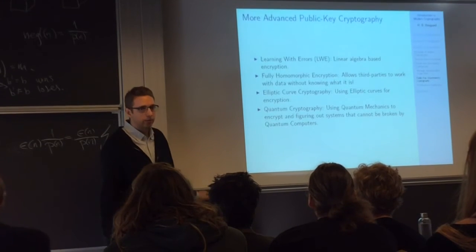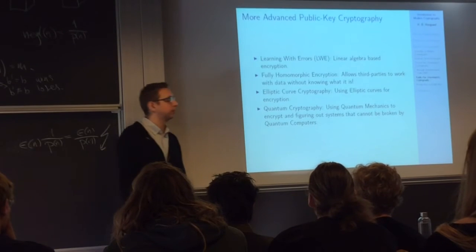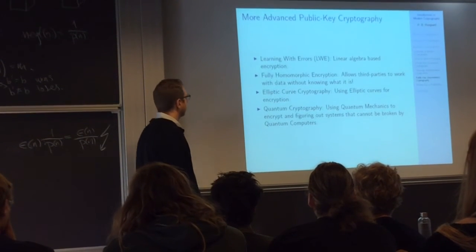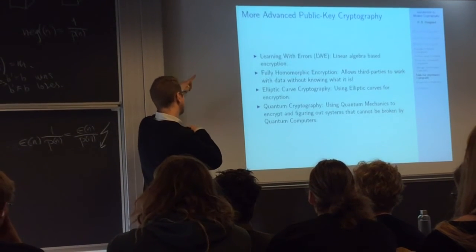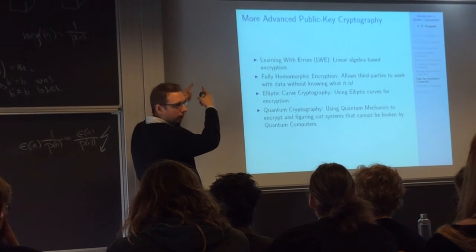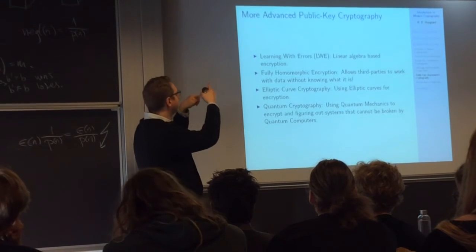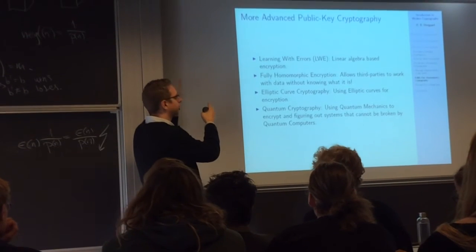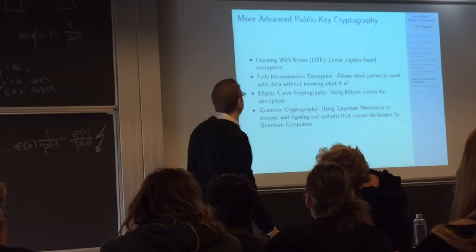Other kinds of public key cryptography that exist is something called learning with errors. It's a very linear algebra-based encryption. Not going to get into that either, but it's sort of like you just use vectors and shoot them off, and then you get up to a point where you really want to be, but then you add an error. And now you know what the error is, but no one else does, so whenever they try to do any kind of calculations with it and try to break it, the error just increases, so they get further and further away from the true message.